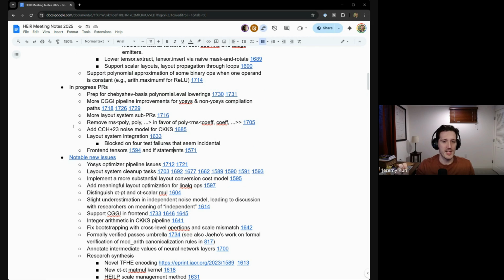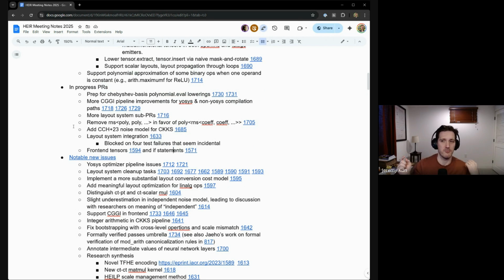So in our case, it would do rotate and reduce for all of the dot product example, and it would only do a tensor extract at the very end, and it would lower that to a mask and rotate. But that depends on the layout choices. If the layout chooses, say, a scalar to be represented as repeated with no zero padding, then it doesn't need to do a mask and rotate. It can just leave it as is, and then when you decrypt it, it would decode it using the lower decoding, which would just look at the first entry and ignore all the repetition.